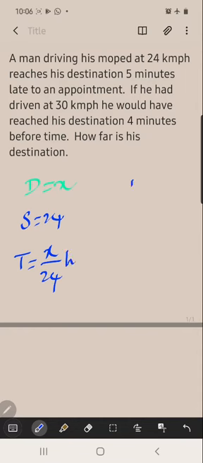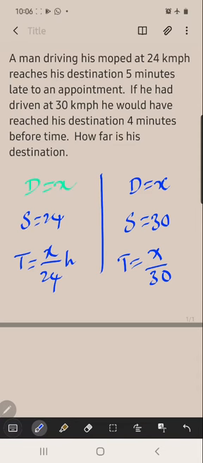Now in the second case, there is no difference in the distance, x same, but speed here 30 kilometers per hour, then what is time? x by 30. So whenever these kind of problems are there, just write the things like this, because here I am not writing any working. Simply you have to write those things by observing the examples. And both the cases time we got. Now why we are finding the time? The time difference we have to take for the equation. To make the equation, time difference we have to make.